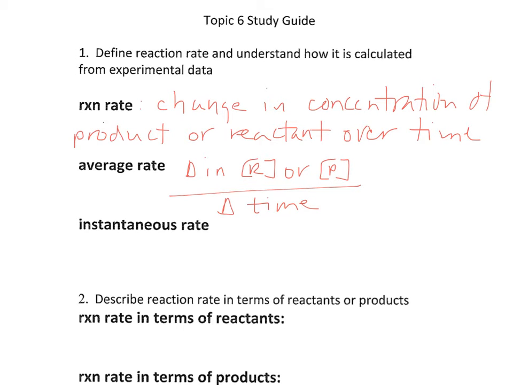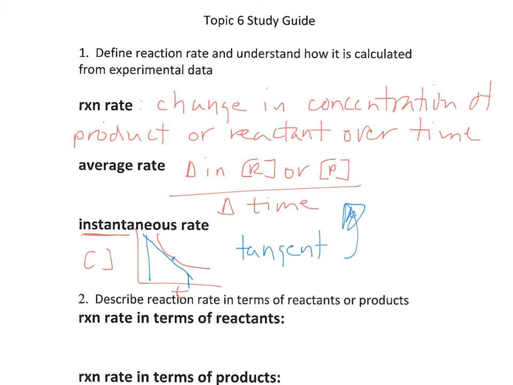So sometimes you want to know the reaction rate at an exact instant, or what we call the instantaneous rate. And to do that, then we have to look at our slope. So assuming I'm looking at reactant, remember this is my concentration versus my time. And if I want to know the reaction rate at this exact instant, then I draw a line tangent to that instant, and I use this change in concentration over the change in time. So you use a tangent,